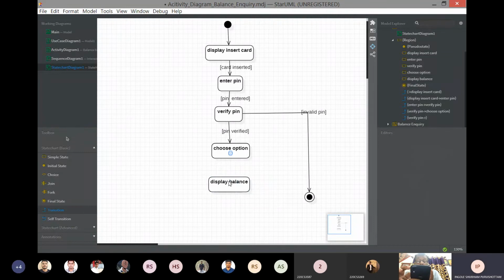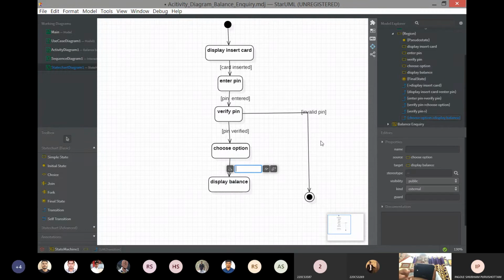So the transition, so we are selecting balance. Balance selected.